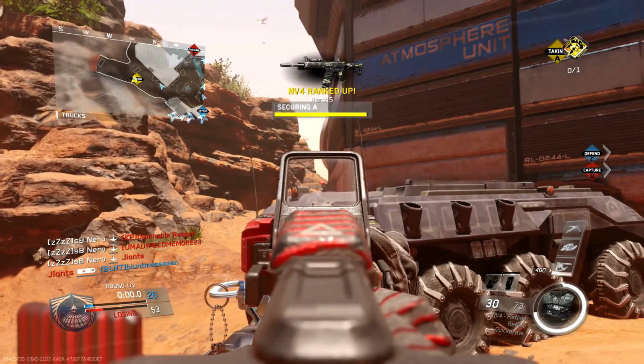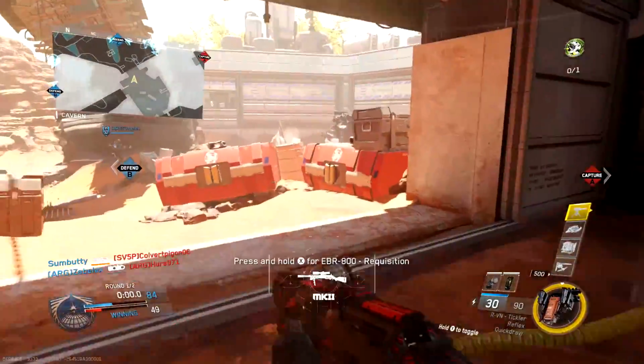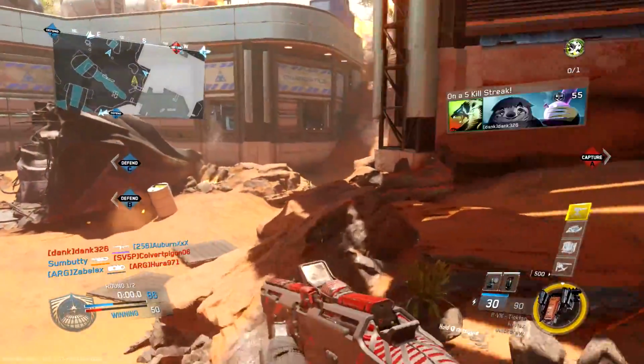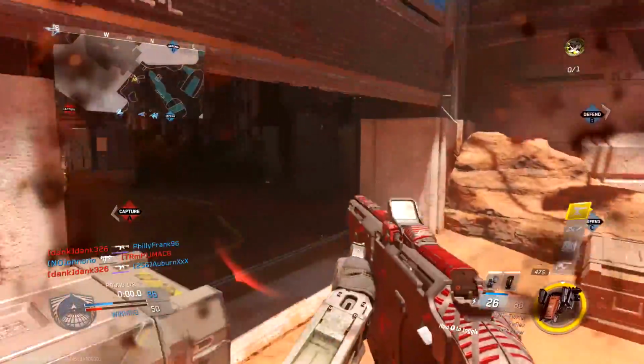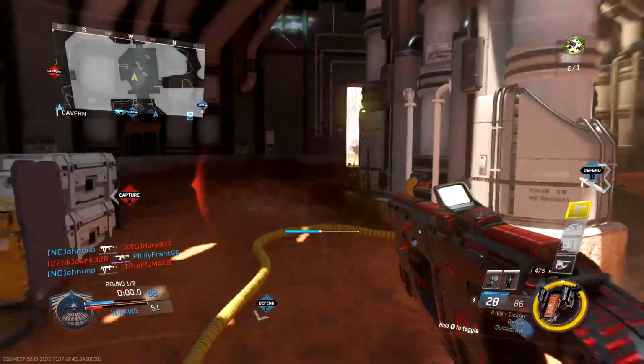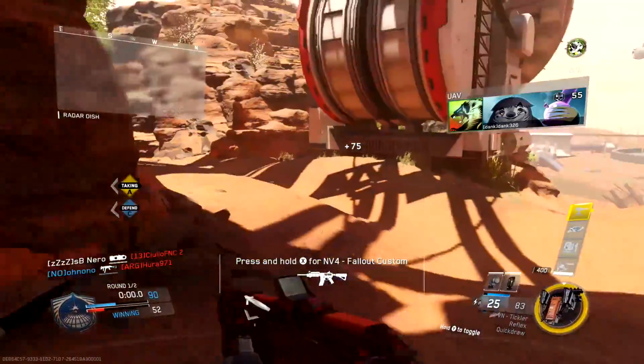Kill streaks are incredibly powerful on this map because of how open it is. There are only a couple of places you can actually take cover on this map. There's a couple of bunkers. You can, of course, duck inside the big airplane in the middle, and, of course, you can take cover in the cave. But aside from that, kill streaks are very, very powerful on this map,